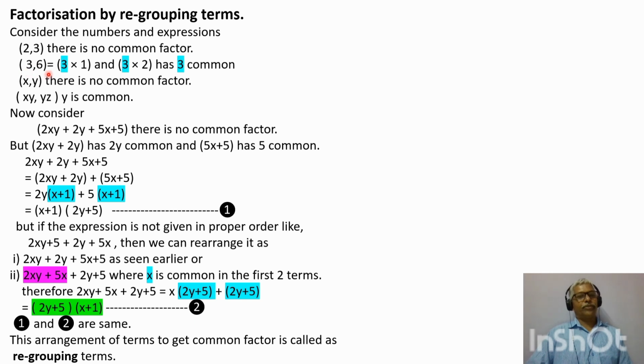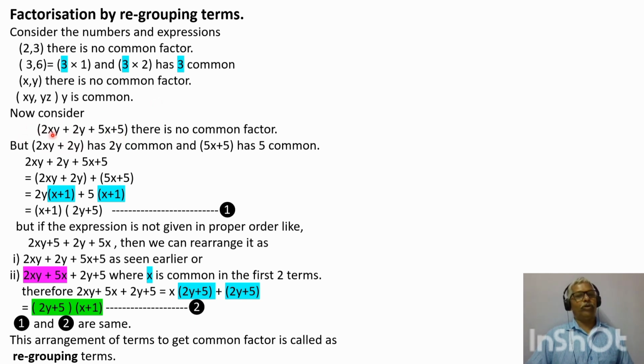3 and 6: this can be written as 3 into 1 and 3 into 2. 6 can be written as 3 into 2, and this group has 3 common. X and Y, there is no common factor, but in XY and YZ, Y is common. Now our pre-preparation is over. Now consider this